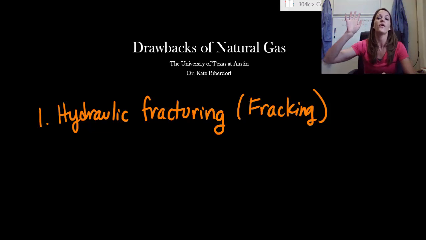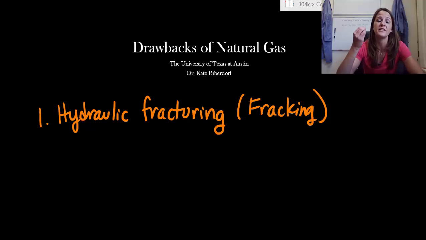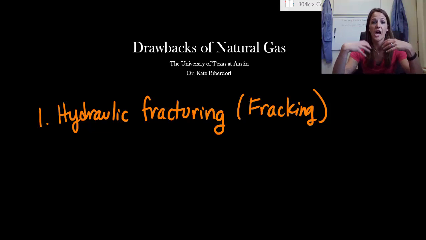Take the drill out. Now, the second step is you send in highly pressurized water. This water shoots down and hits onto this pocket, trying to hit it with enough pressure that it forces it to crack. Now, this is not pure water that we're sending down there. It is water that has been supplemented with a cocktail of chemicals. There are a number of different chemicals in there. Plus, we also add some silicon dioxide, also known as sand. So we put chemicals in there, we have sand, and this is all in the medium of water.